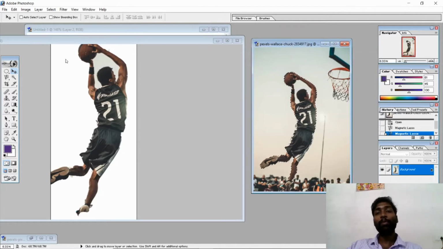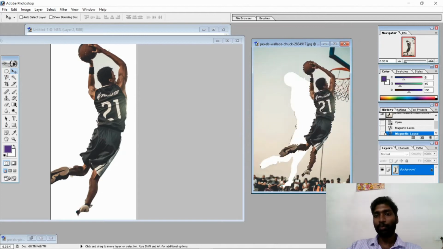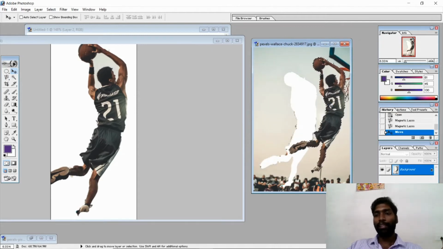The marquee tool is used to select regular shapes. The lasso tool is used to select irregular shapes. When you go for the lasso tool, there are three important tools. One is the normal lasso and another is the polygon lasso. Polygon means it will select in a straight line. If you want to bend, you just have to click. And the magnetic lasso tool, this one. So I think the selection tools, the lasso tool and magnetic lasso tool, are over.